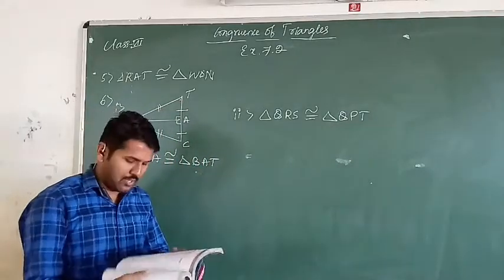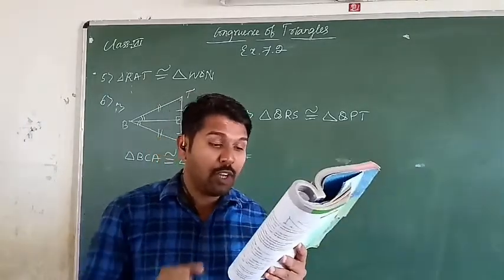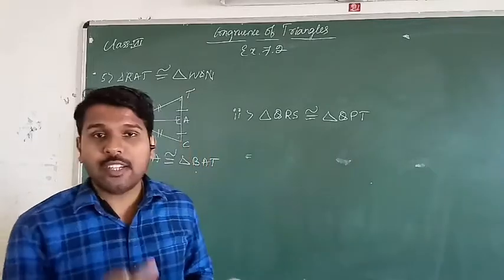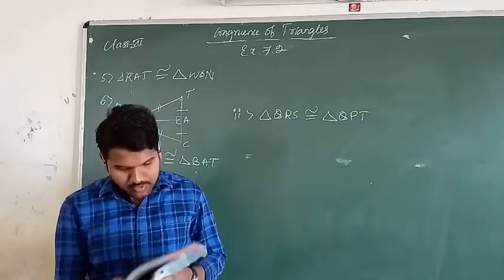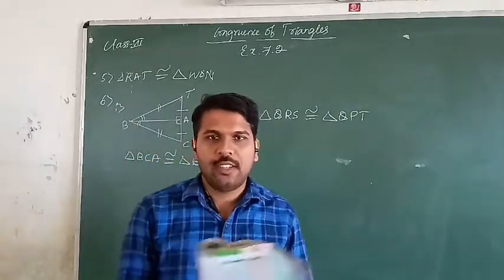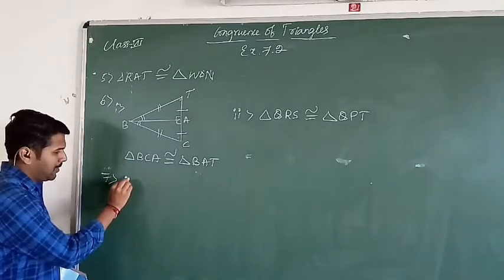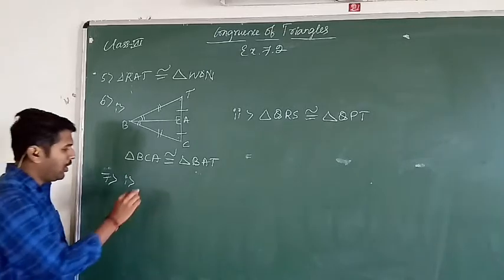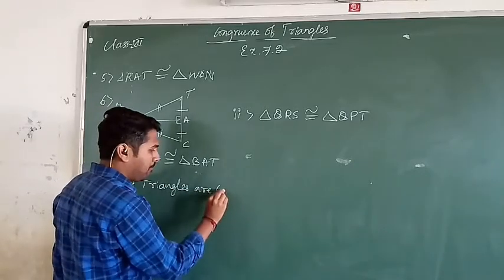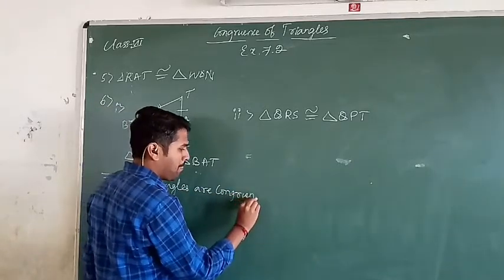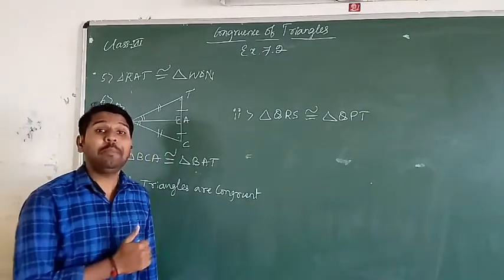Okay. So next, seventh one. Seventh one they given in a square sheet. Draw two triangles of equal areas such that first one, triangles are congruent. First one is congruent. Second one is not congruent. So what can you say about the perimeters? So this is first one. First one, what is the option? Triangles are congruent. So here first part is triangles are congruent. What about the perimeters? Okay.